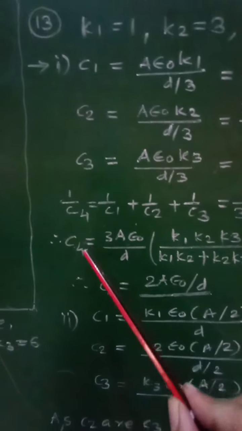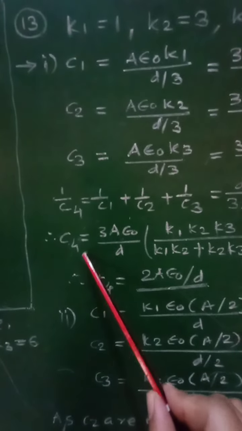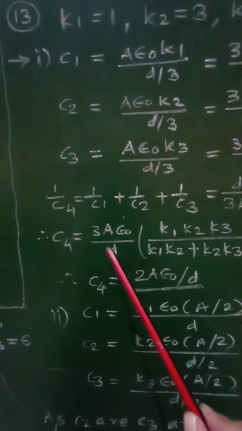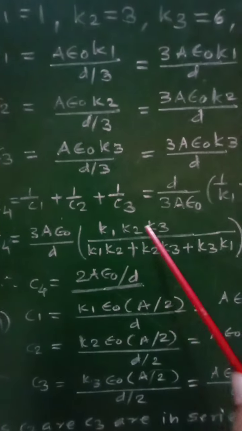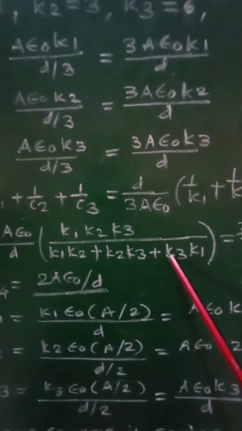Therefore, taking the inverse, C4 will be 3A epsilon 0 upon D into K1 K2 K3 upon